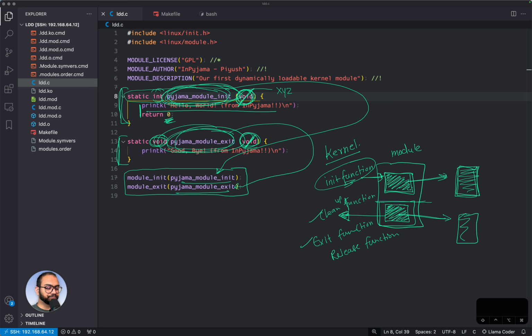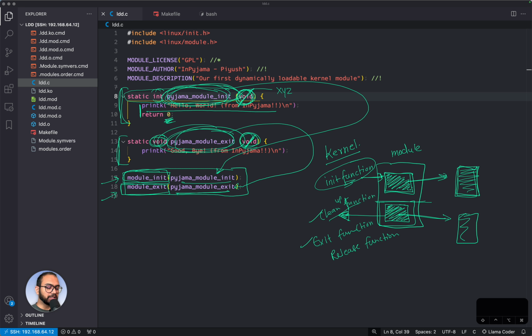So essentially, the kernel needs to know what function it needs to call as part of initialization. It needs to have that function pointer, so to speak. And similarly, during exit or during removing the module, it needs to know which function it needs to call to perform that exit. Where is that recipe? Right. And so these are two macros, right? And what these macros do, we'll tease this apart in later videos, just so you understand all the internal details. But take it on faith right now that